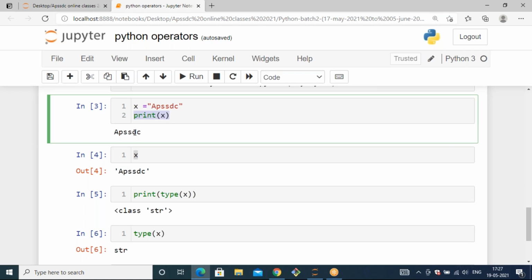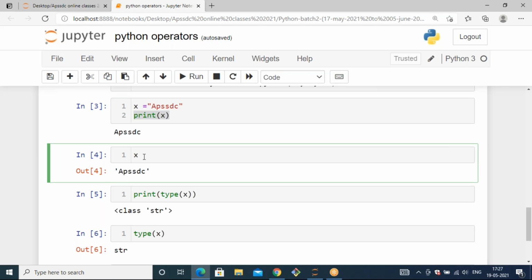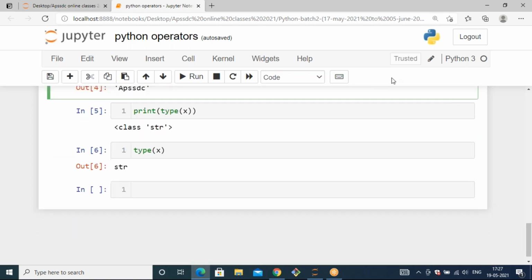But by default that might also have quotes, but that isn't visualized to you. It doesn't display to you. Whenever you use print it will not display the quotes, but whenever you use x directly, it will display the quotes along. That doesn't make any kind of difference.